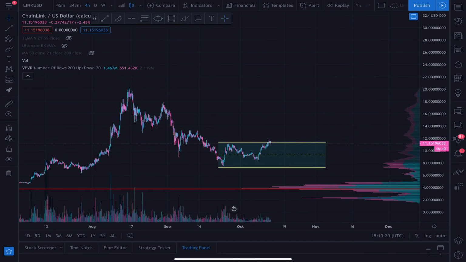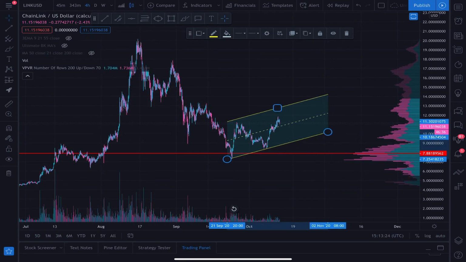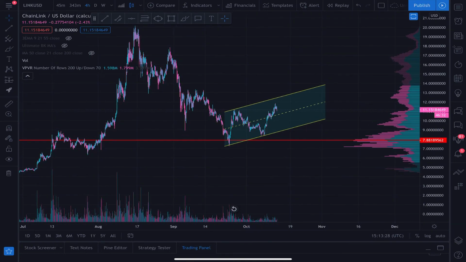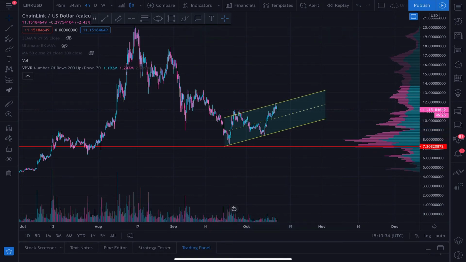So when I'm looking at price, basically it's trend analysis. So we have an uptrend, okay? So we just keep it really simple. We have an uptrend. We can even go down to about here. And this is our trading range, basically. So here we're at the top of the range. We just need to see how the price behaves at the top of the range. I'm anticipating that we get a move down. So if we get a move down to the bottom of the range, I'm going to buy at the bottom